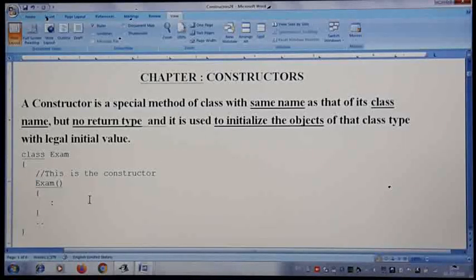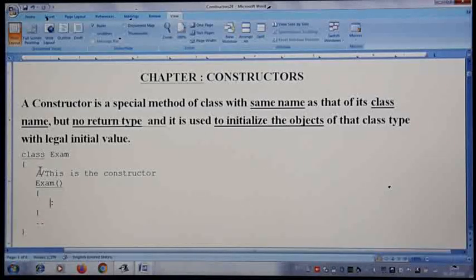Let me explain this. Suppose you are going to design a program or an application where you want to give some initial values for the variables. Assume that you are going to conduct an examination for candidates from the place Bangalore. The candidate's application number and name may vary, but the place name for all the candidates is Bangalore only. In that case, the initial value of the place should be set to Bangalore. So in such situations, any value which has to be set by default in the beginning itself can be written here.